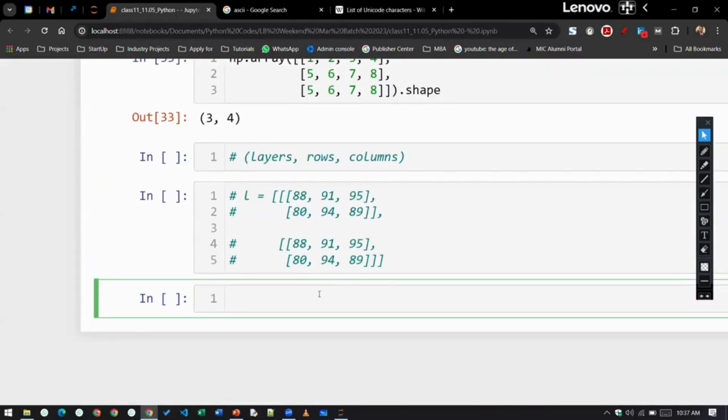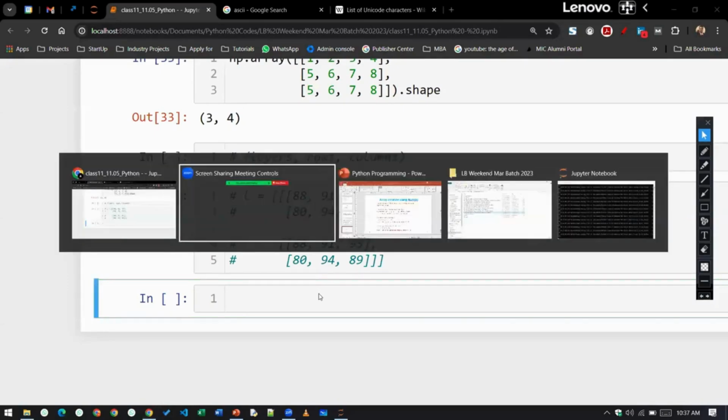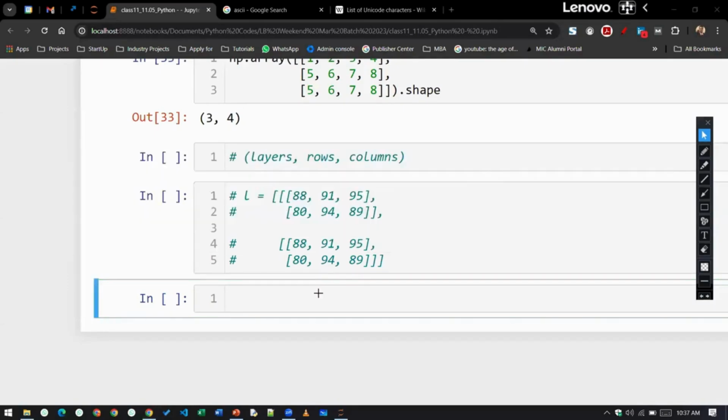Okay, one way I already showed you, right? Directly, suppose there is some list or tuple, or any kind of collection, you can typecast that into an array. That's the first thing that we have already seen. Next thing you can use for creating an array